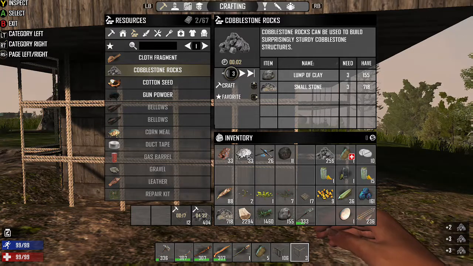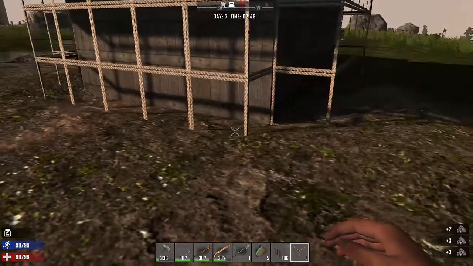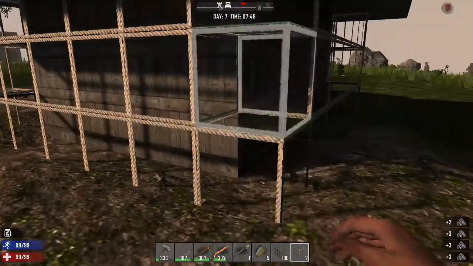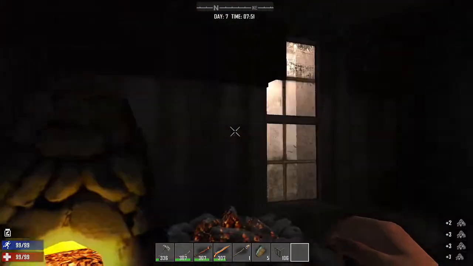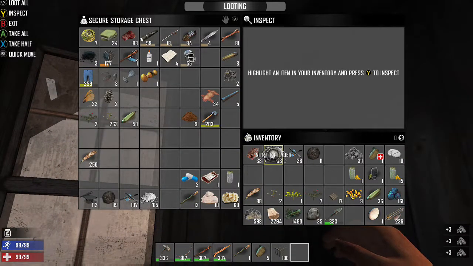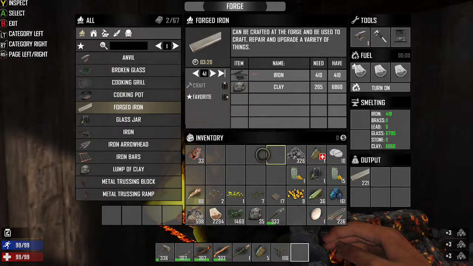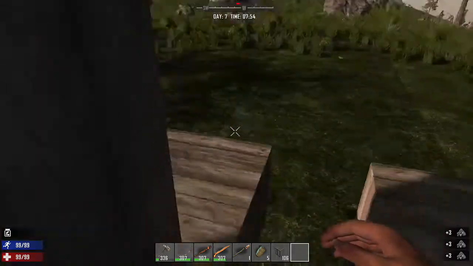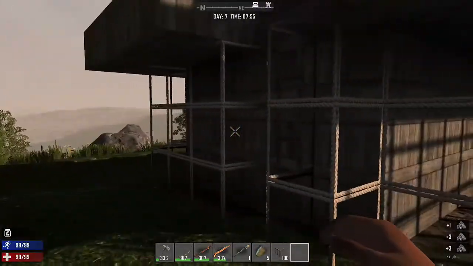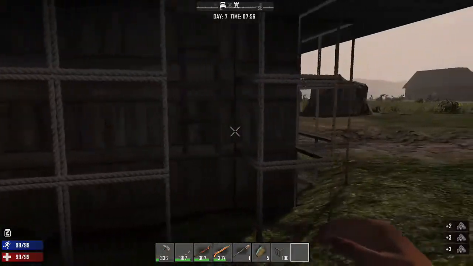Do it this way. And I guess I will just nerd pole up until I get the actual entrance built. So for now, I'm gonna go ahead and drop this stuff off. And I just answered my own question. The extra forged iron that I had sitting in the forge is sitting in the forge. It was stacking with the